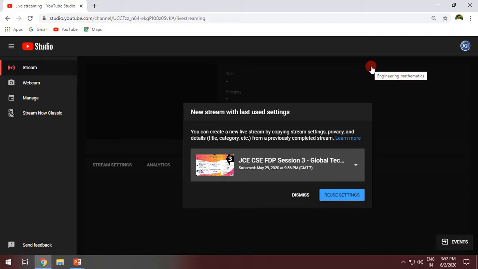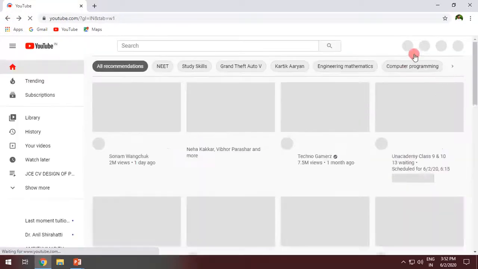So you have to first request YouTube for this permission, which will verify your account with your phone number and those things. And once it finds that your account is genuine, the live streaming access is given to you, but it will take 24 hours.